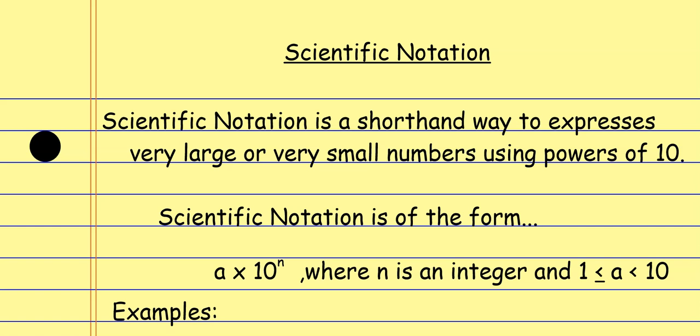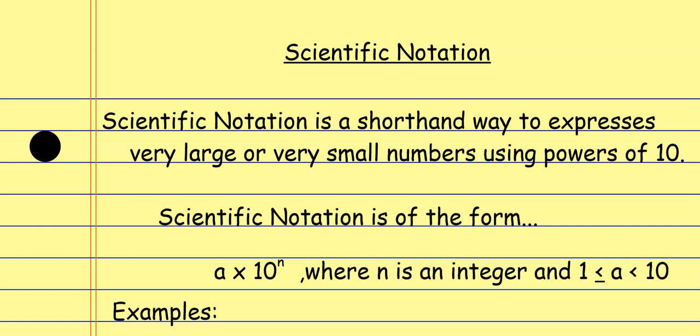So scientific notation is this shorthand way, an abbreviation for really large or really small numbers, okay? And we basically express them in terms of powers of 10. So we're going to use our rules of exponents to express really big and really small numbers, all right? Scientific notation is always in the form a times 10 to the n,